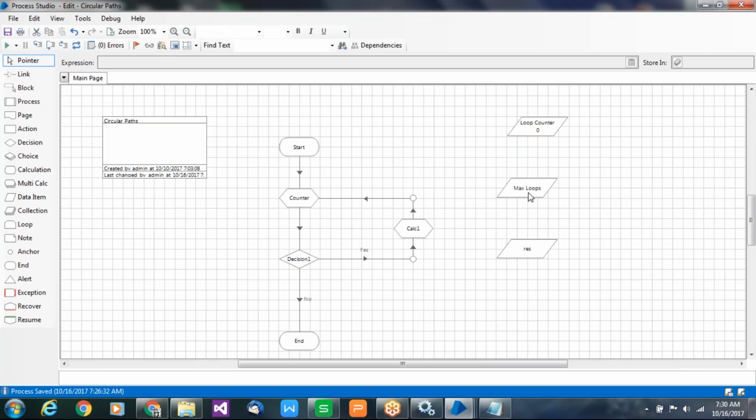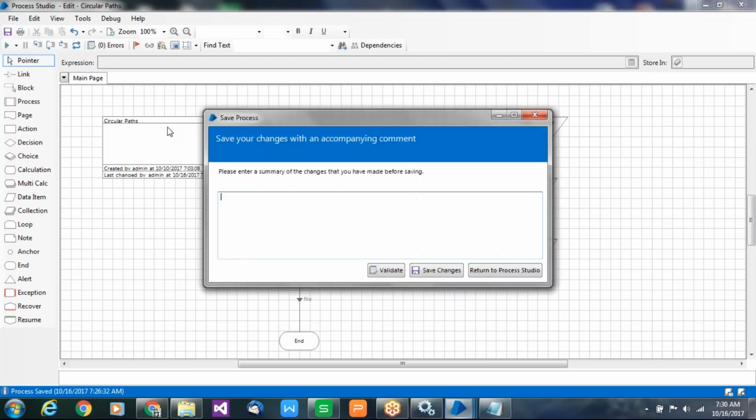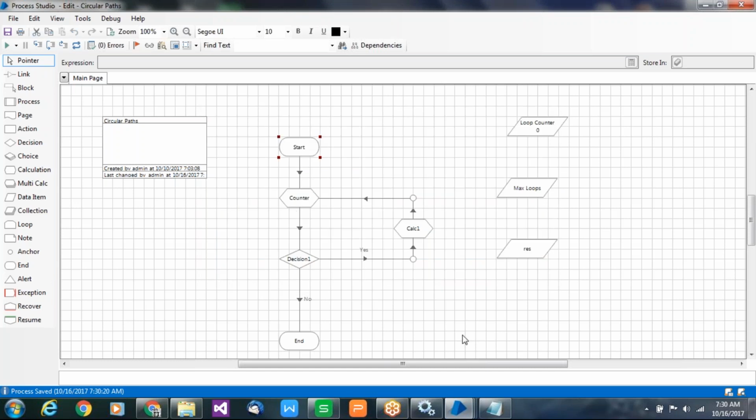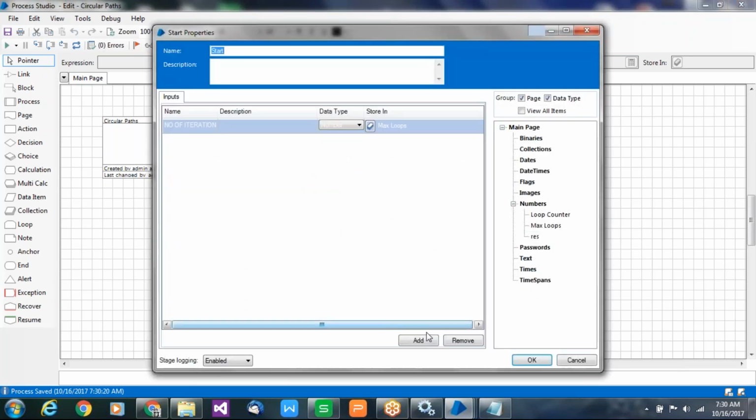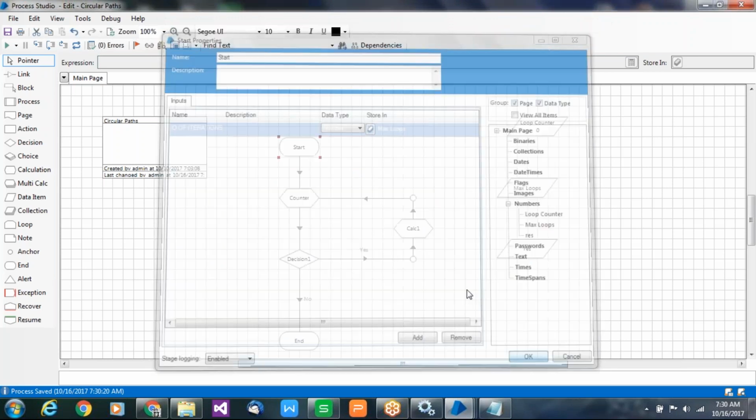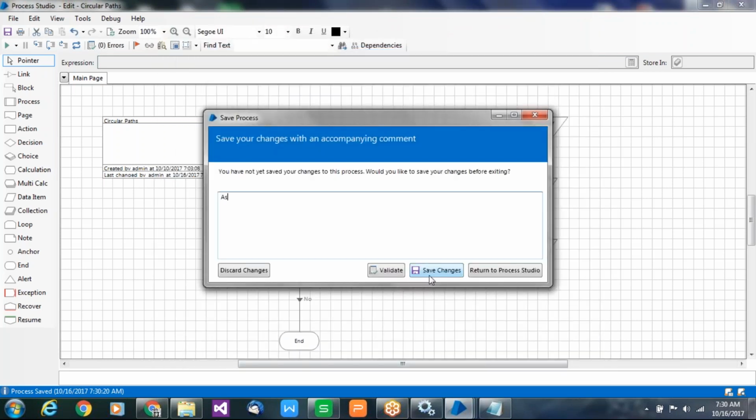Because we deleted the max loops value, that is the reason it is getting an error. Now I am passing the value from the main page to the main process to the sub process. The sub process name is circular path. Okay, our concept is done here. Whatever I am doing, just click on add, give one name, number of iterations, and max loops is the one storing it. Then we can close this as well.